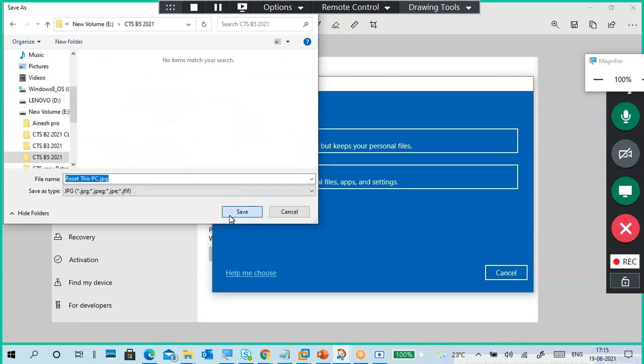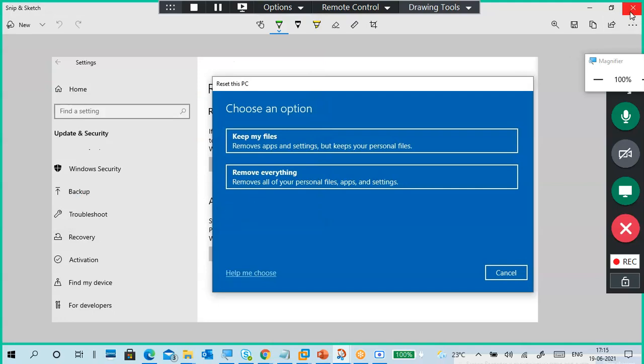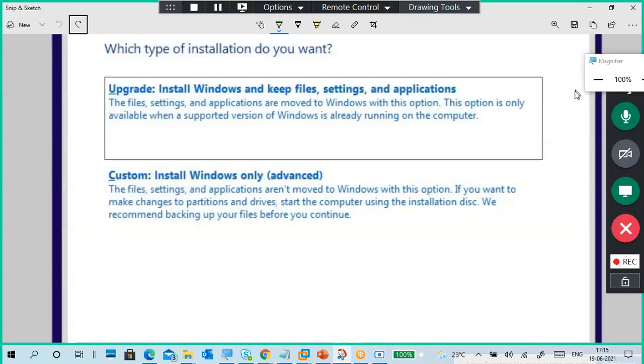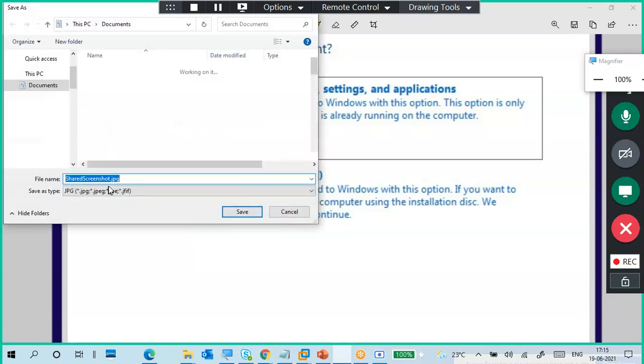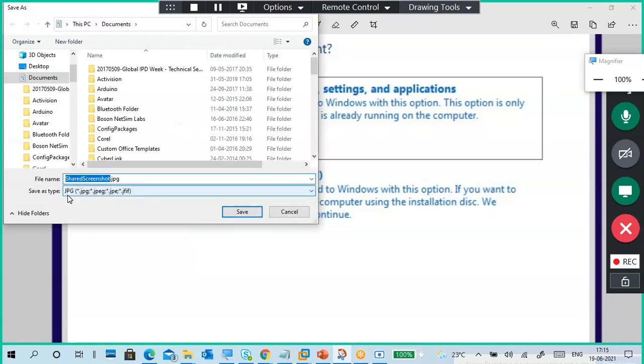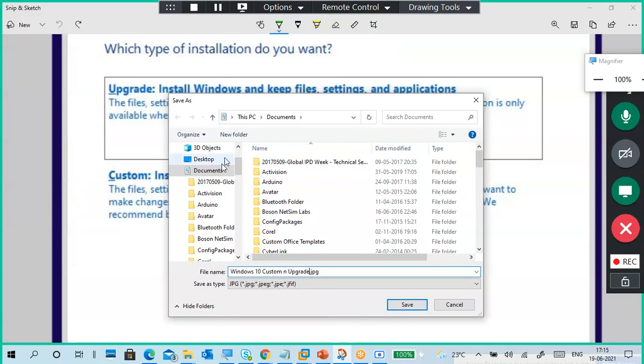Anybody can access it. Why is it showing documents always?